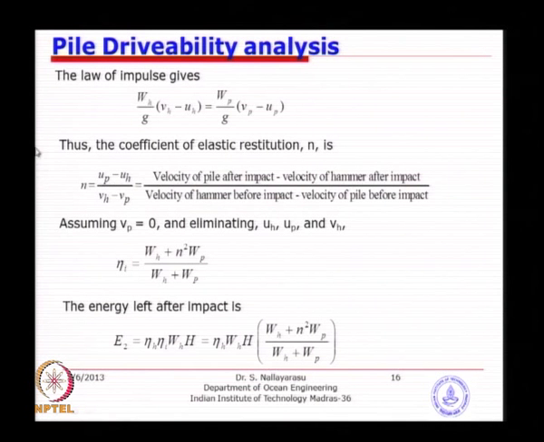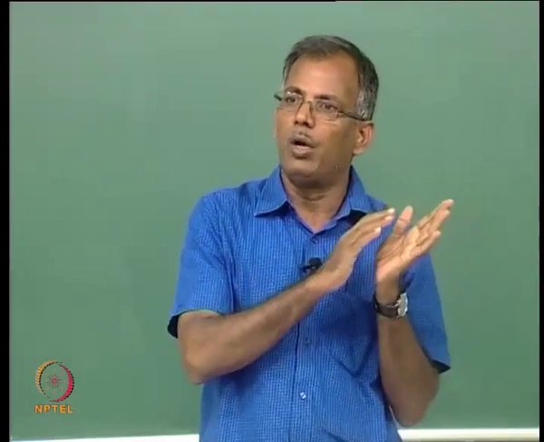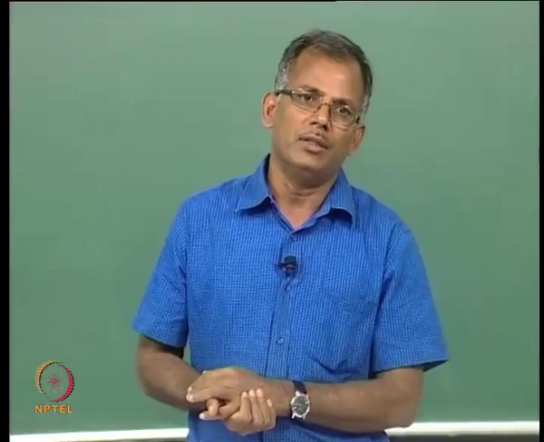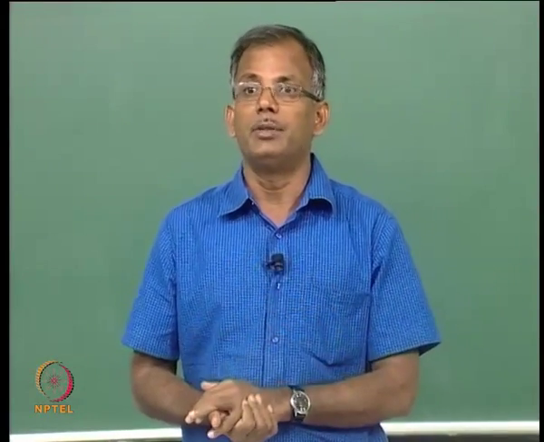The coefficient of restitution is defined as the relative velocity of the pile and hammer before and after impact. So, what is the coefficient of restitution? If the coefficient of restitution is 0, what happens? And if the restitution is greater than 1 or less than 1, there could be three values. Most of the time you will see restitution less than 1. If it is higher than 1, something must be terribly wrong.